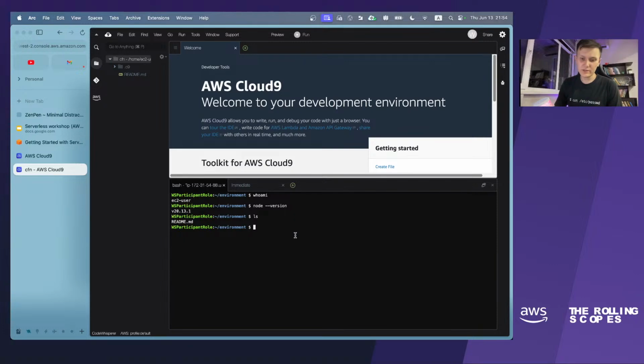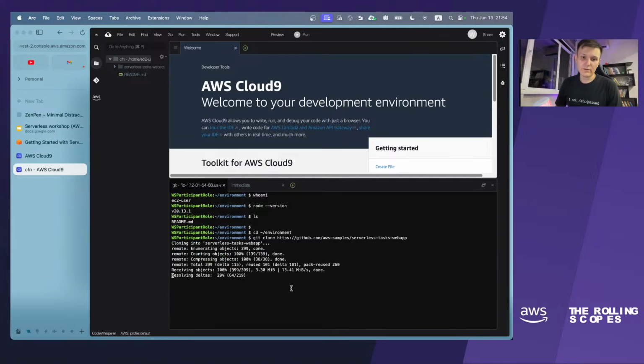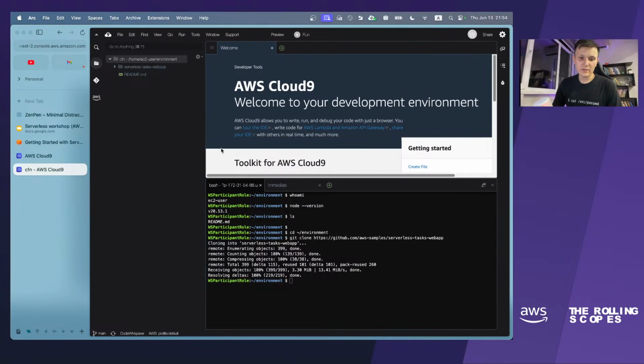It is environment, and I will clone this Git repository to this local machine. After a successful run of this command, we can see this directory in the sidebar of Cloud9. So here we have a set of files which we will be using today.